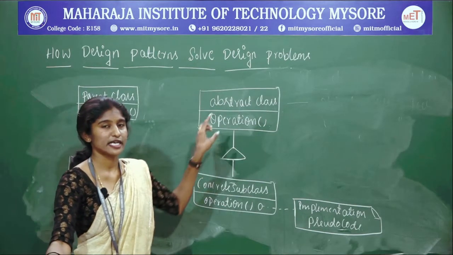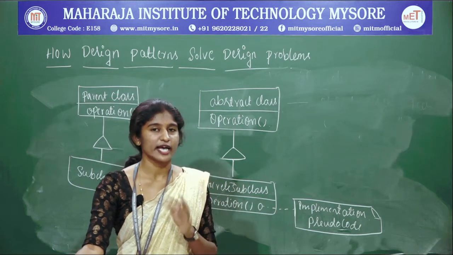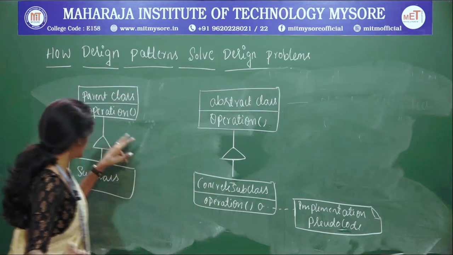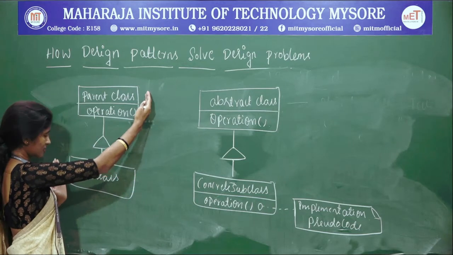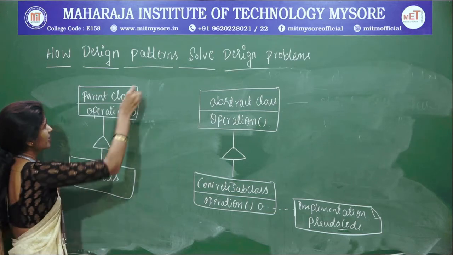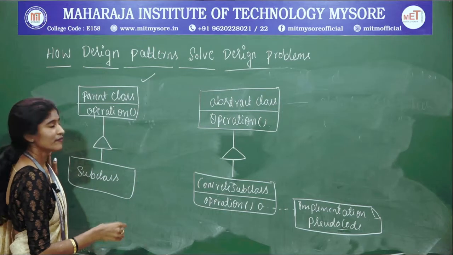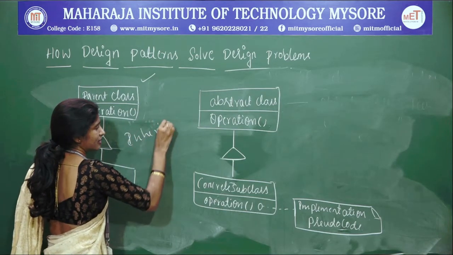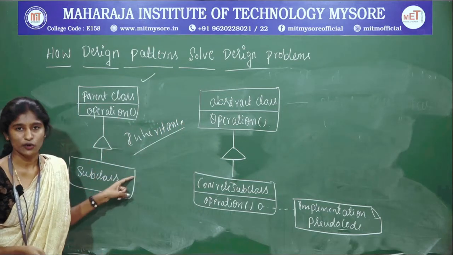See, in the previous example, I showed you how to implement the class and the objects with a diagrammatic representation, that is the OMT, right. So in continuation, you have got some more diagrams. I have written here parent class, and you can see it has some subclasses. Okay. So what is this concept? What is this diagram telling you? This diagram is focusing on which concept of OOPS, that is the inheritance, right. So this is an inheritance concept.